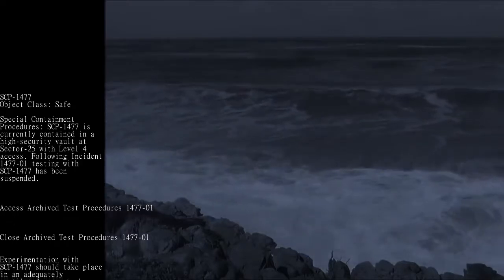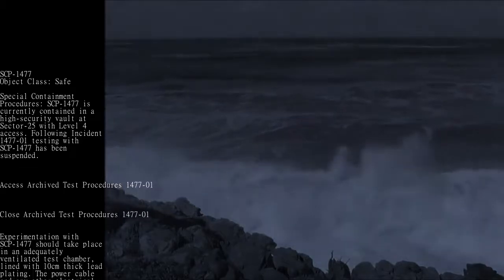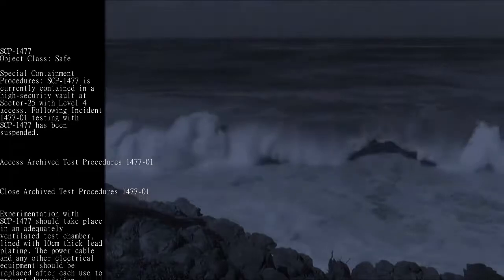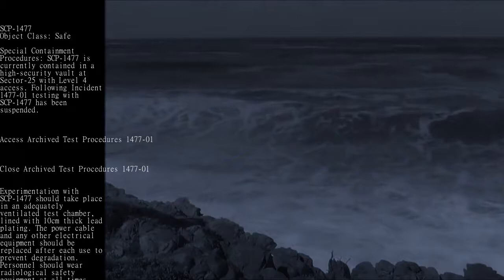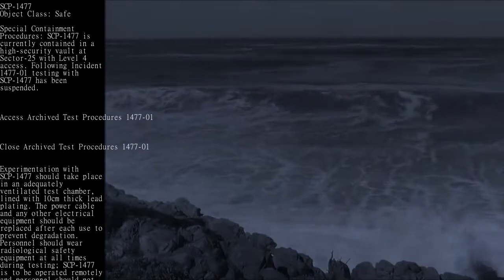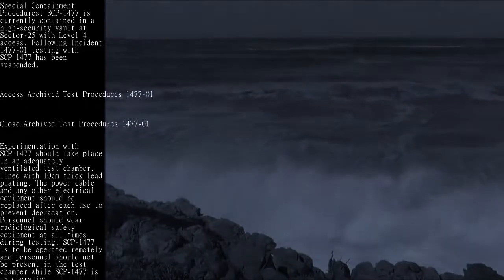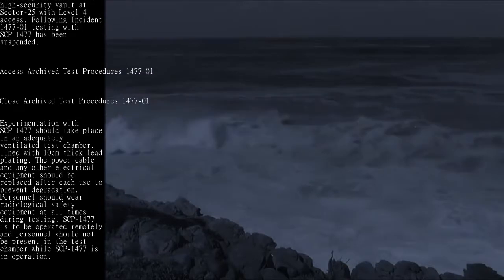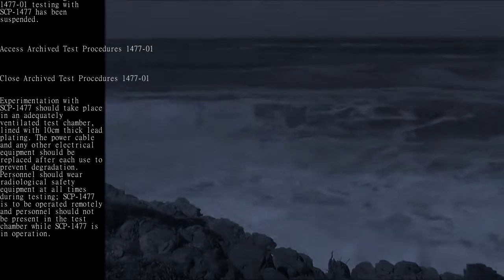1477-01. Experimentation with SCP-1477 should take place in an adequately ventilated test chamber, lined with 10 cm thick lead plating. The power cable and any other electrical equipment should be replaced after each use to prevent degradation. Personnel should wear radiological safety equipment at all times during testing. SCP-1477 is to be operated remotely and personnel should not be present in the test chamber while SCP-1477 is in operation. Description: